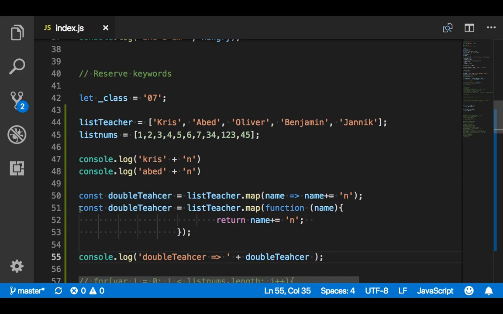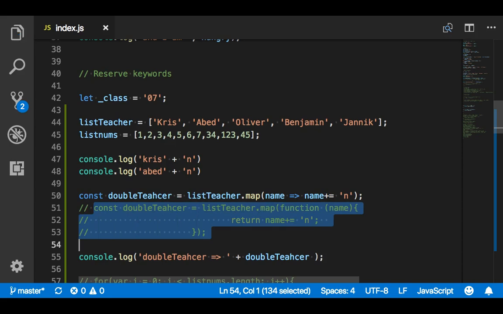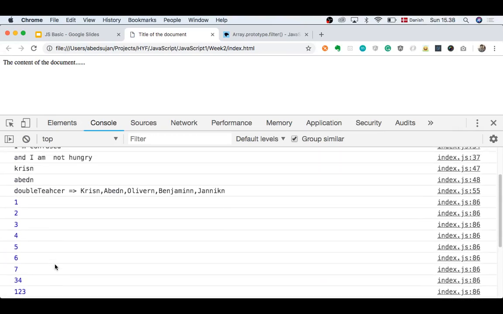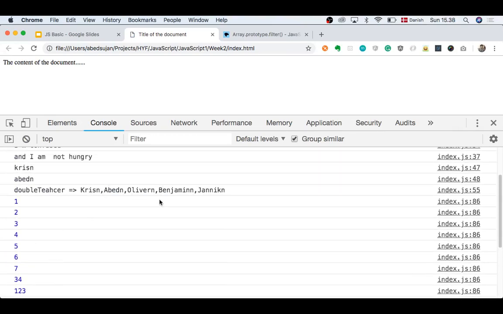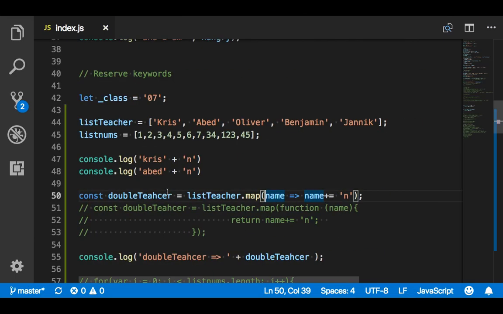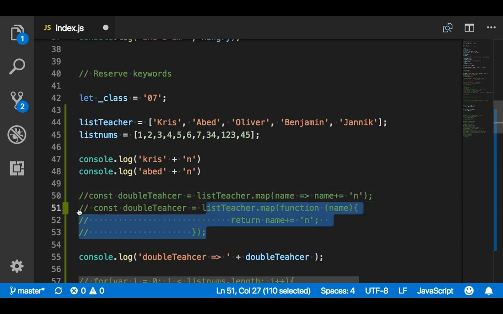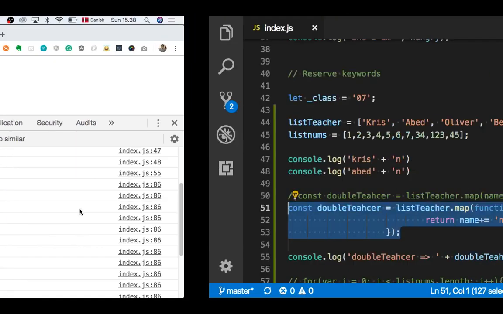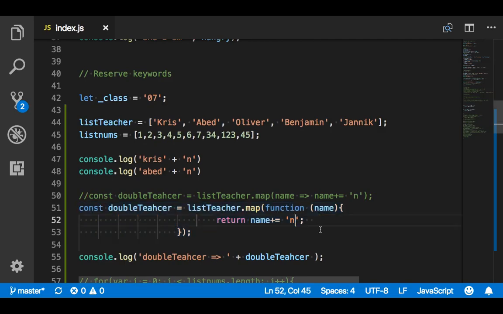Okay, so I just comment my code here. So what is it here? Double teacher is this, right? See, it's doing a map and adding n at the end of each name. Can you see that? Chris, Abed, and Oliven, all these kinds of things, right? So if I just remove this one, it's doing the exact same thing. And to prove it,